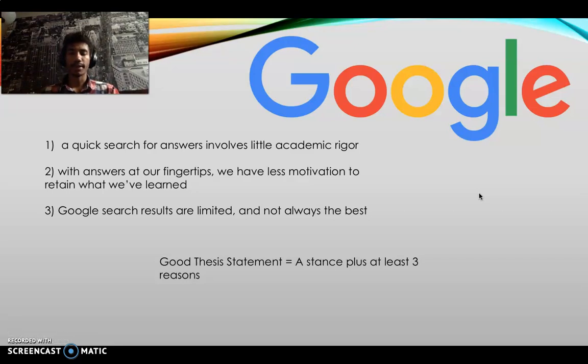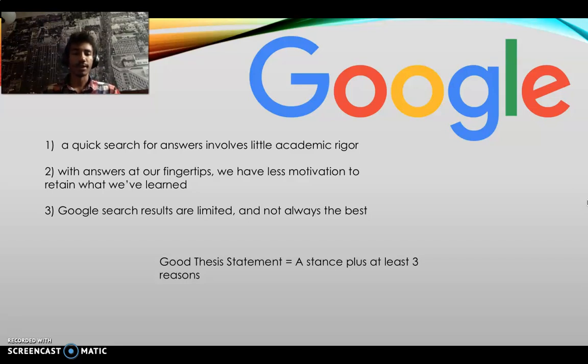Notice how, in combination with my stance and my 3 reasons, I'm pretty well set up for at least an outline. Here I have a good thesis statement and enough for 3 topic sentences. But that's not enough to convince my reader. I'm going to have to break each of my topic sentences down even further, providing evidence to back them up.